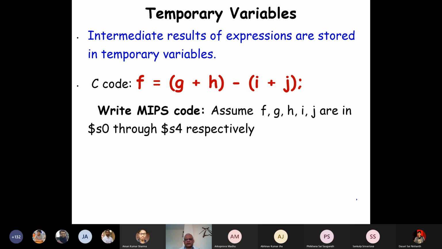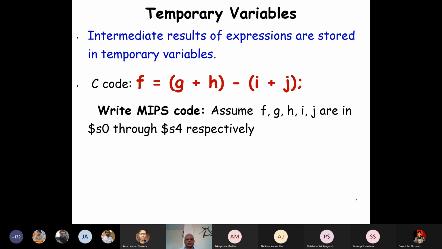Okay, very good. Archit and Shivans, very good. You have written on the chat. So G plus H, we store in the temporary register. Similarly, I and J, we add, and do another operation using those temporary values, and finally use F. So this is the code here.